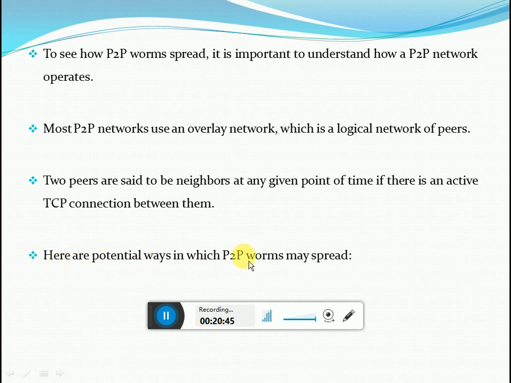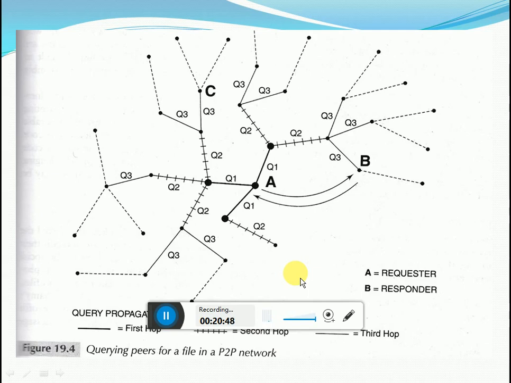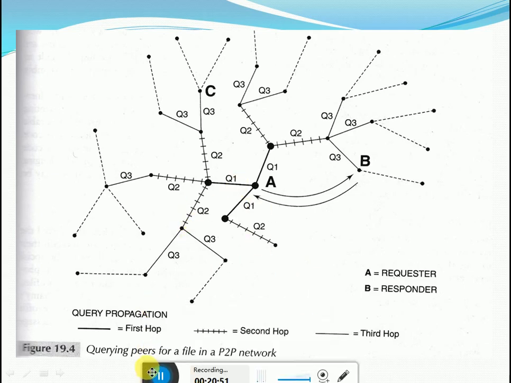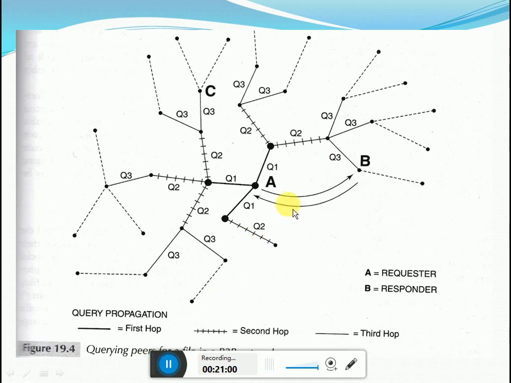Here are the potential ways that P2P worms may spread. This is where you see how exactly worms spread in a P2P network. This figure demonstrates how files are exchanged in a P2P network. I talk about a machine A. These are the peers of machine A, the immediate neighbors of A. Say, for example, A is downloading some movie file. When he wants some part of the file which is not currently available with the party with whom he is getting that file,